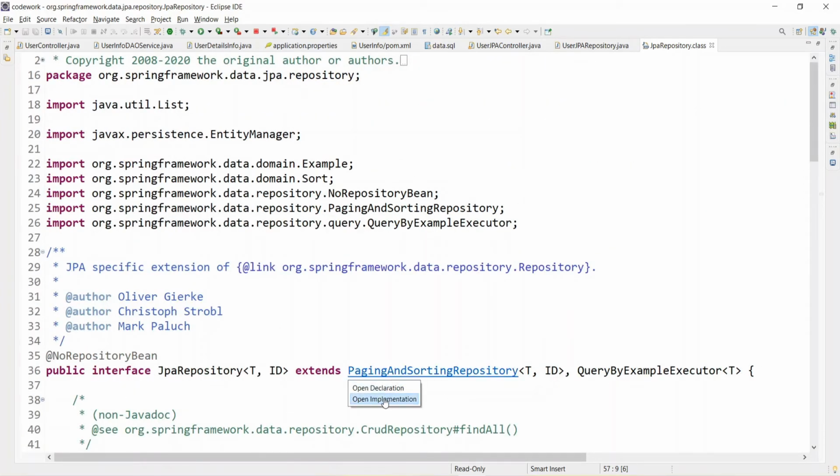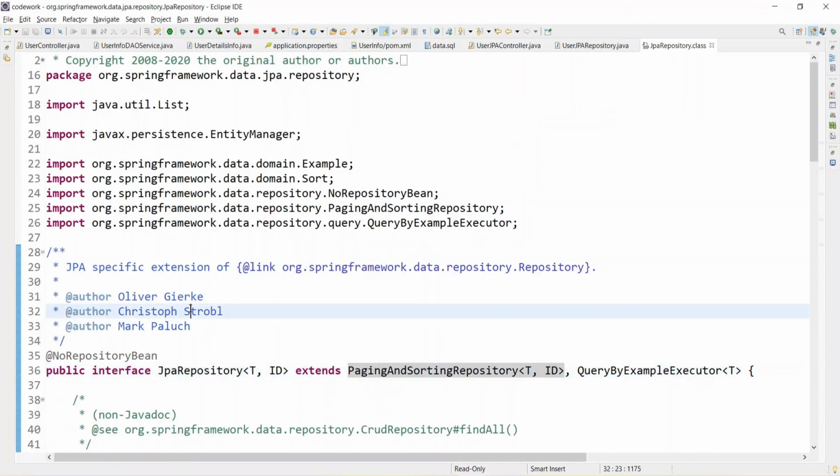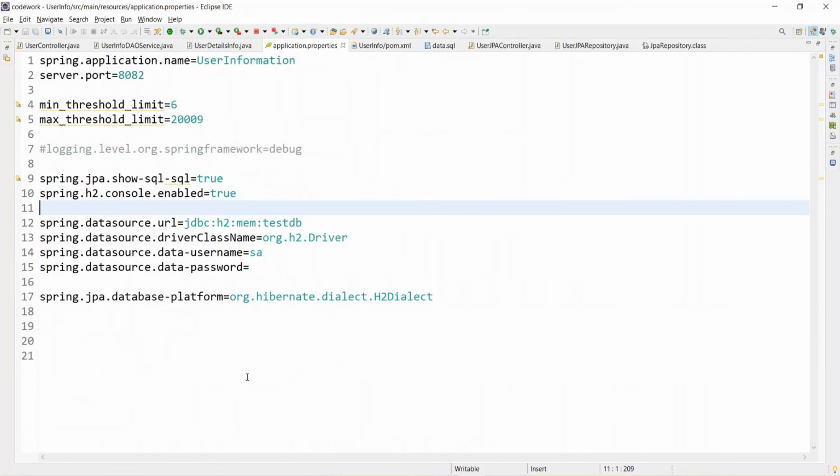If you want to go more inside, if you go to the implementation, this is all implementation you can go over here, right? So this is how you can use the Spring Data JPA with the H2 database. So instead of the H2 database, you can use any database, right?